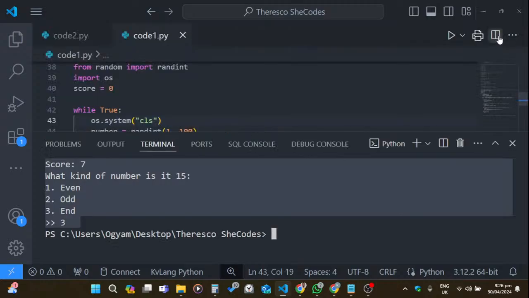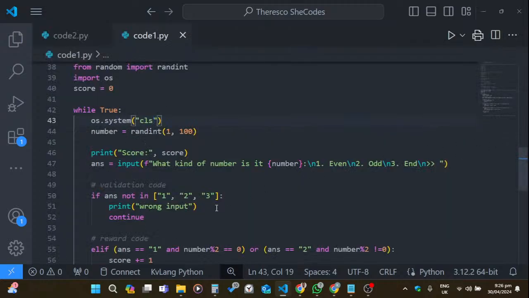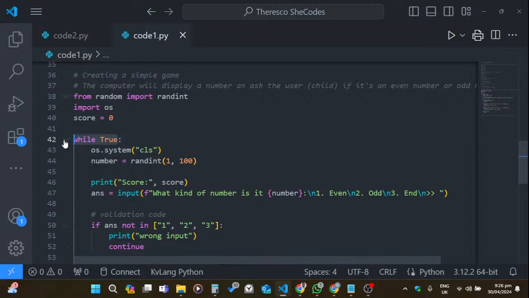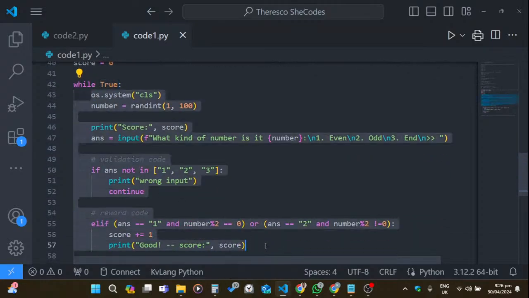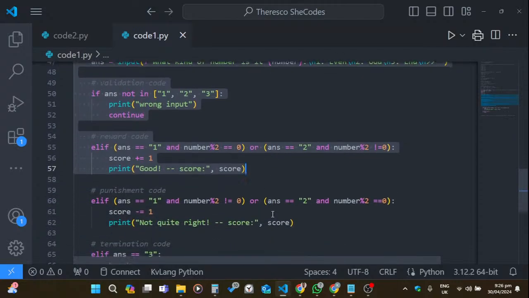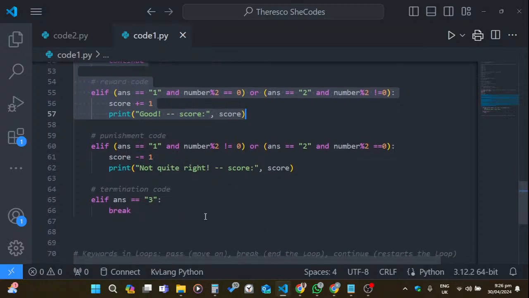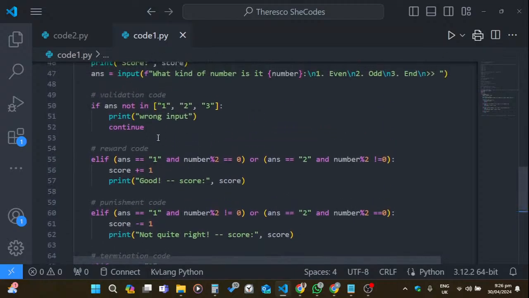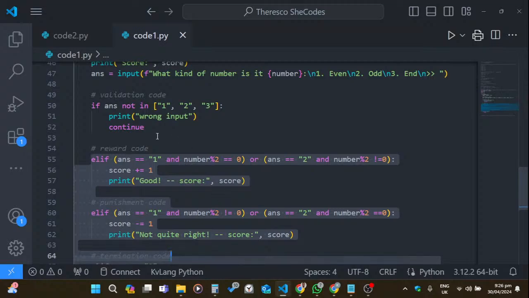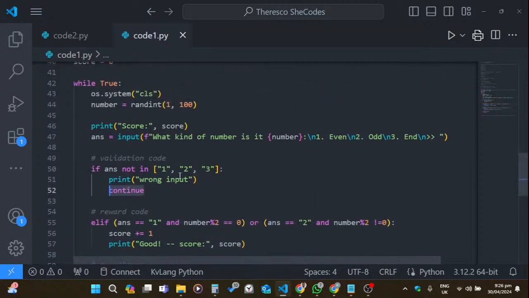So I've shown you how to use a while loop. This is using a while loop by stating a condition here, or you can say while true or whatever it is. Then you can write in your codes, and here I designed a simple game for a child to deal with even and odd numbers here and there. It breaks if you put in 3, using the break keyword, and here it continues. That means it doesn't proceed with the following code. It restarts the loop if you don't input the correct